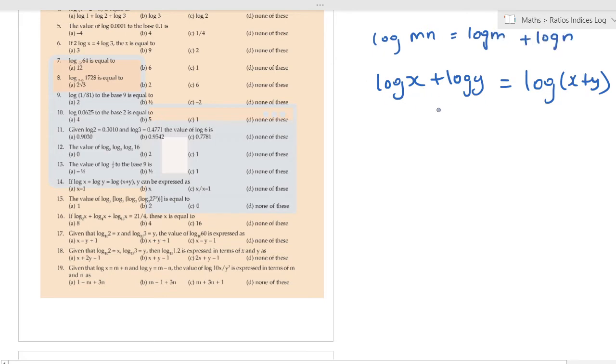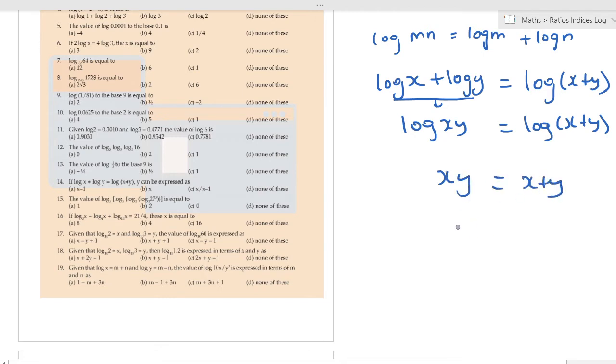So I can write this as log xy equals log of x plus y. We assume that the base is the same, so xy equals x plus y. They want the value of y, right? So let us take y here and take y as common. y is equal to x by